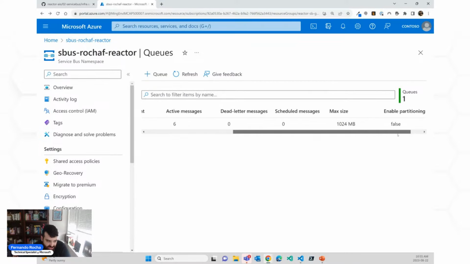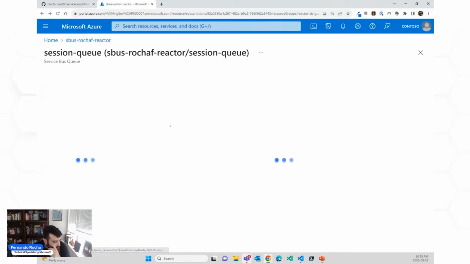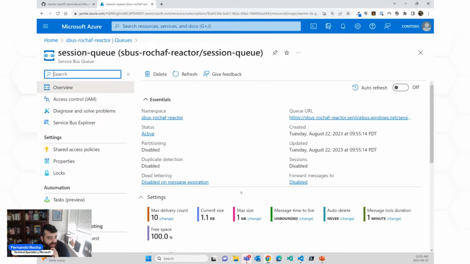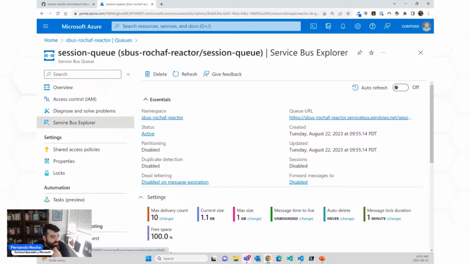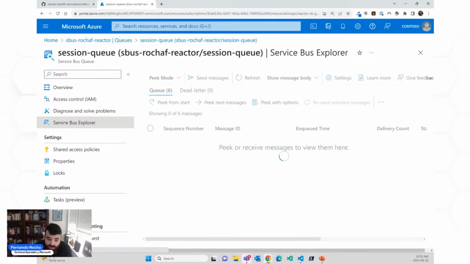No scheduled messages, and no partitioning in this case. But if I go to my queue, there are a couple of things I can see here. There's no partitioning, no duplicate detection, no sessions. I haven't created any of that when I created my queue. You could, right? But if I go to my Service Bus Explorer, and that's one of the coolest features that